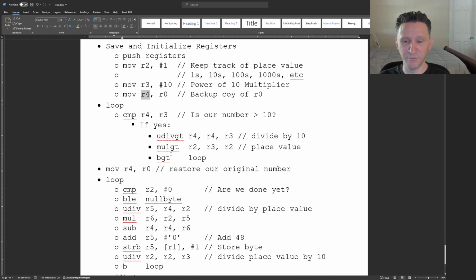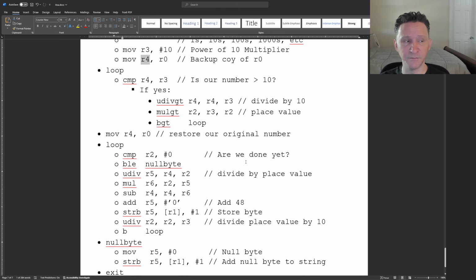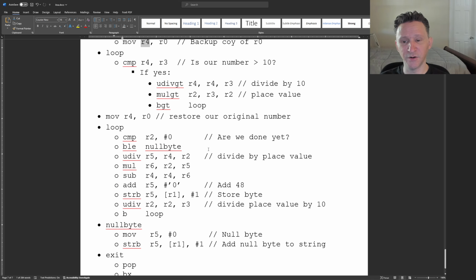And then we're going to say if R4 was indeed greater than 10, then we're going to branch back to the top of the loop. Whenever this condition is not true, we're going to fall out of that loop and move on to the next part of our code. And that next part of our code is going to be to restore R4 back to its original number,